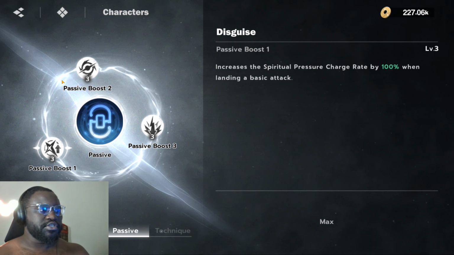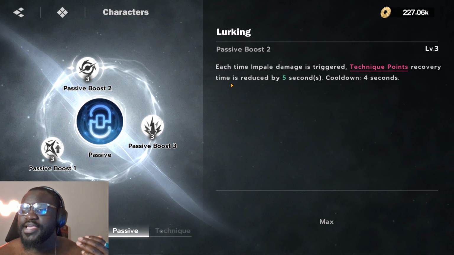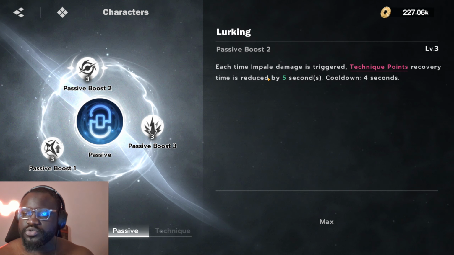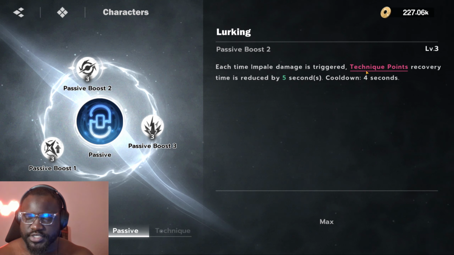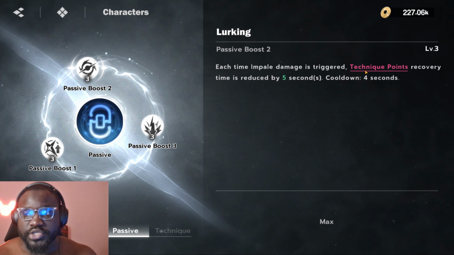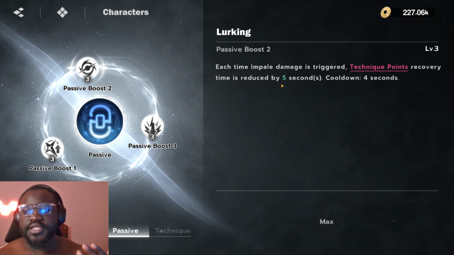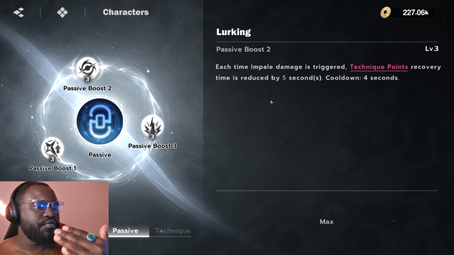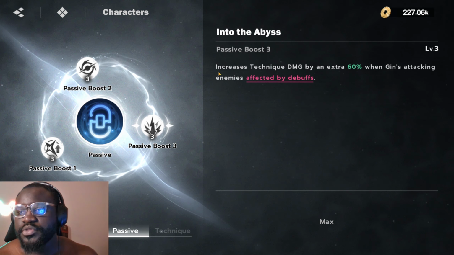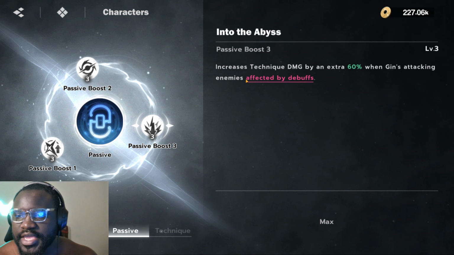That'll explain kind of like some of the reasoning for my shards a little bit later. Then right here, this is going to be each time Impale damage is triggered, technique points recovery time is reduced by 5 seconds, cooldown 4 seconds. And I'm pretty sure it said that the technique points recover every 10 seconds. So if you get Impale off on an enemy, it cuts the recovery time of the technique points by half. So that's very good. Then passive number 3 increases technique damage by an extra 60% when Gin's attacking enemies affected